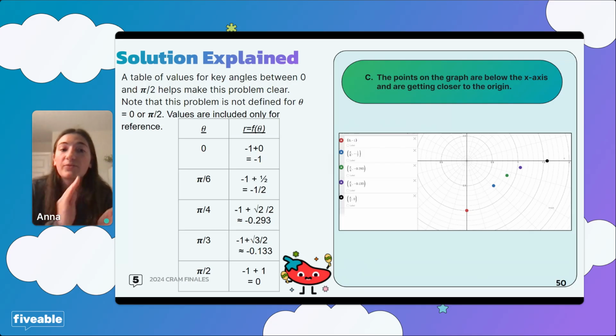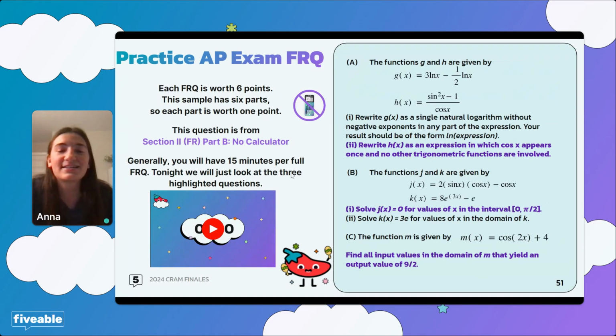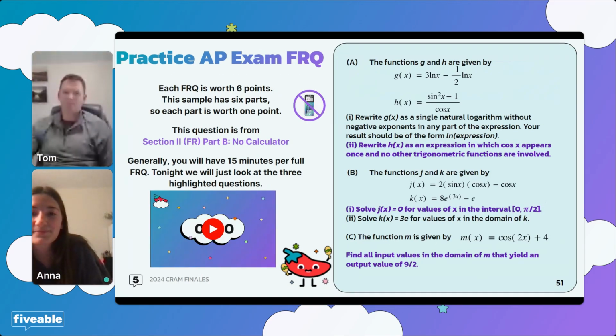Now, plug in the possible points between 0 and pi/2 to see the shape they're moving in. That's the range we're given, 0 to pi/2. As you can see, it's graphed in Desmos here. You can imagine this shifted sine graph going upward, and it's actually going toward the x-axis. So it looks like that picture there. Cool. That's all from me, guys. Thank you so much, and see you on Cram Night.